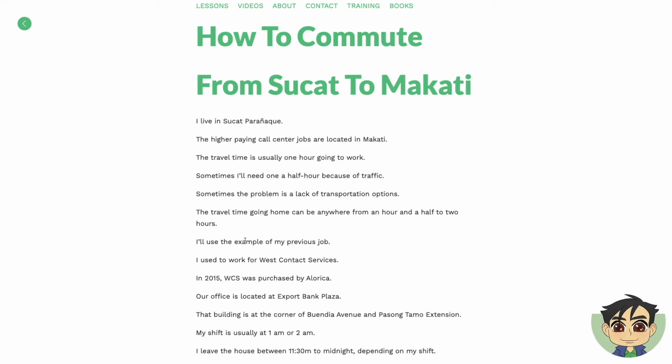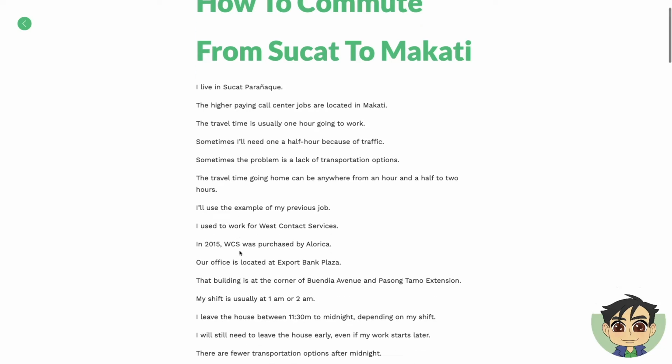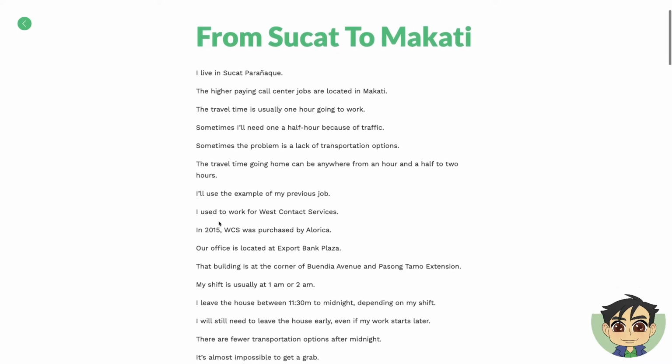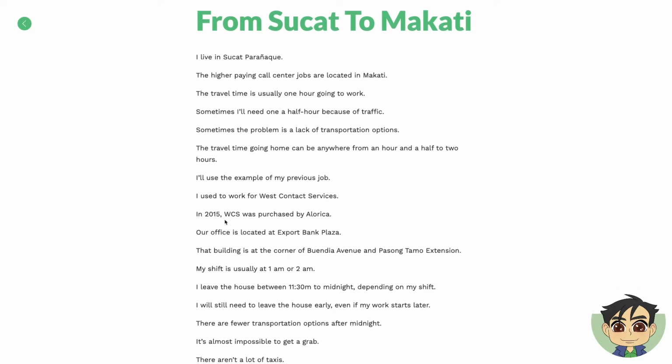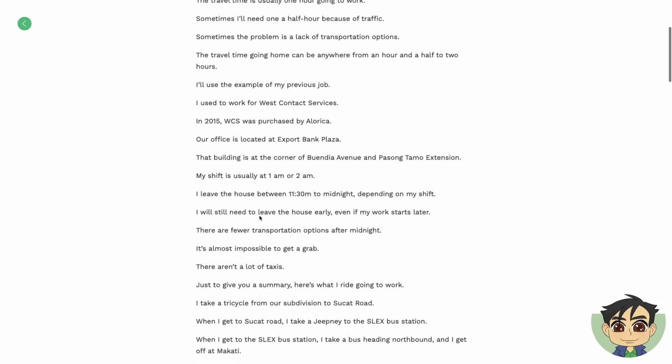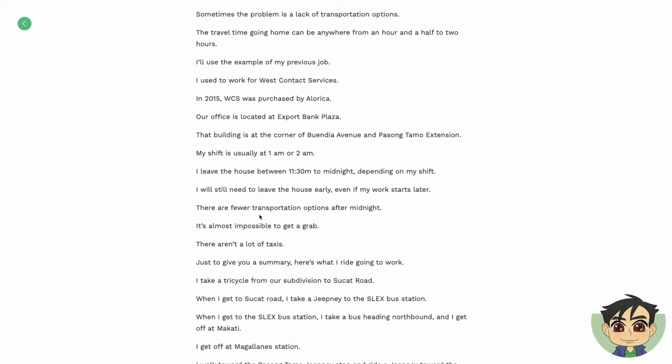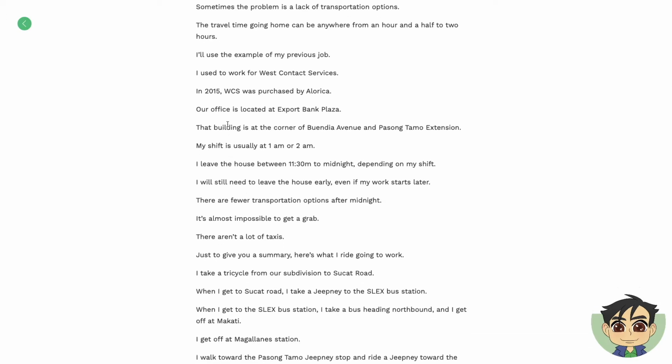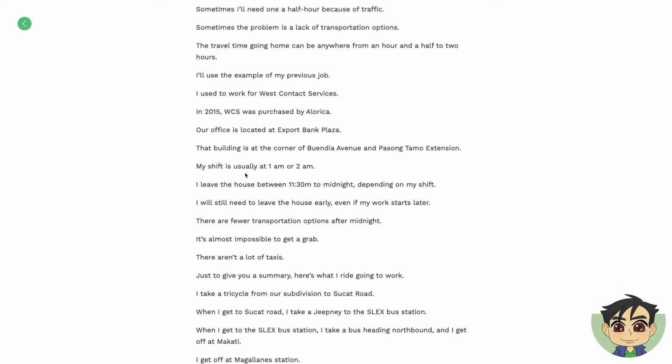I'll use the example of my previous job. I used to work for West Contact Services. In 2015, West Contact Services was purchased by Alorica. Our office is located at Export Bank Plaza. That building is the corner of Buendia Avenue and Pasong Tamo Extension. My shift is usually at 1 a.m. or 2 a.m. I leave the house between 11:30